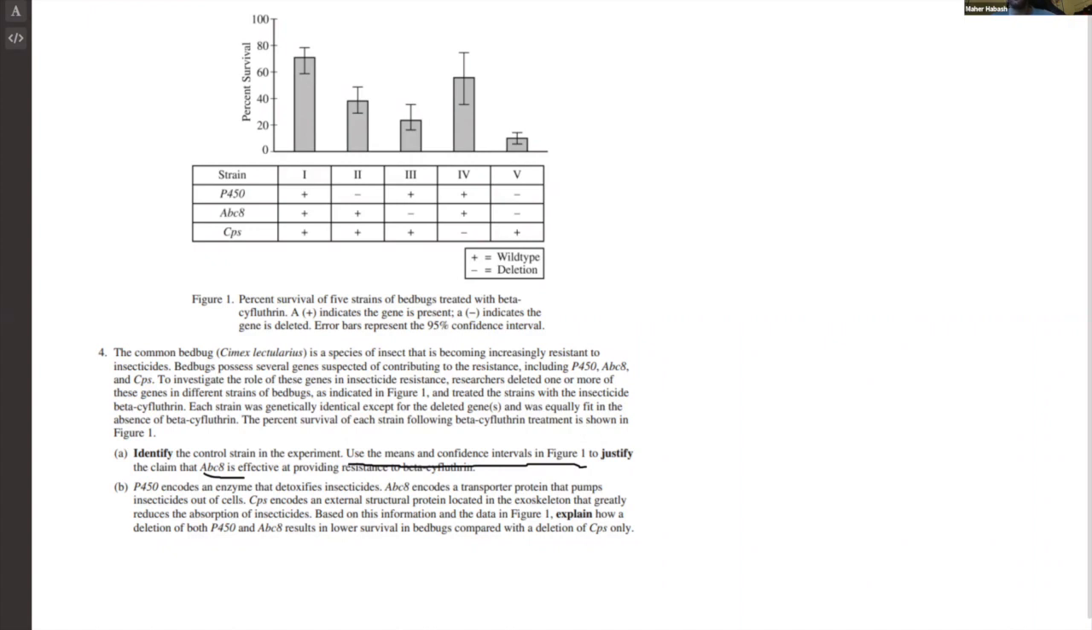So again, this one did not use the means. Well, you did use the means, so I'll give you partial credit. But what about the confidence intervals? I want to give that a try. So again, the error bars. So we didn't read this together. Percent survival of 5 strains. Plus indicates gene is present, minus is deleted, and error bars are the